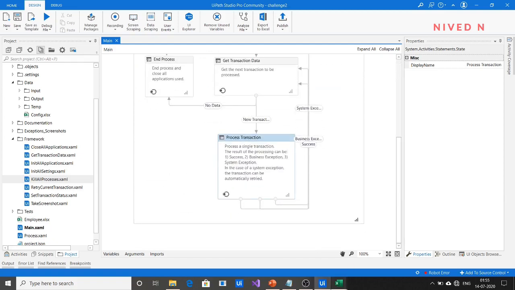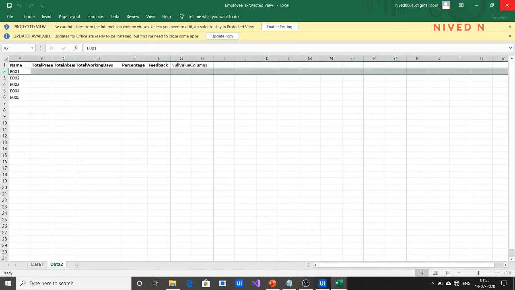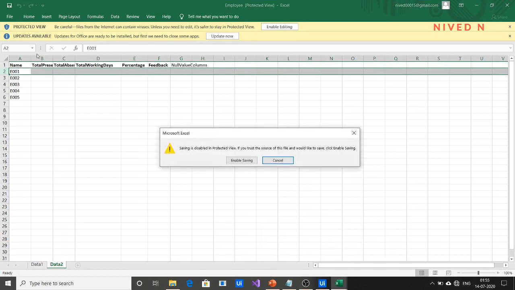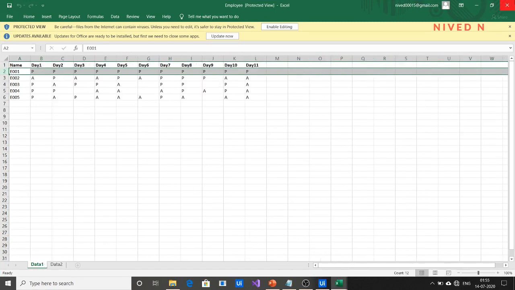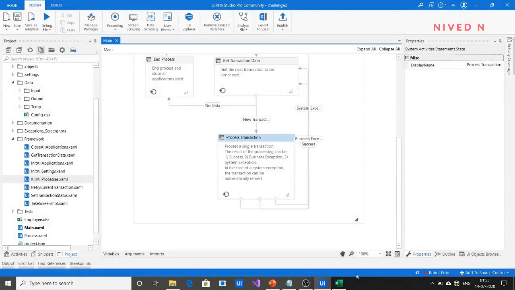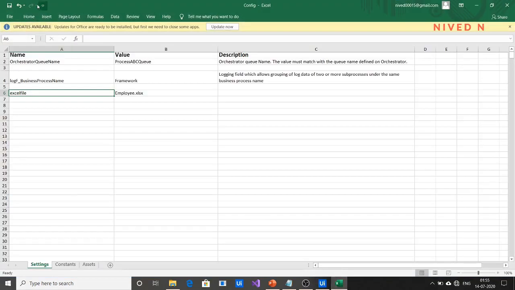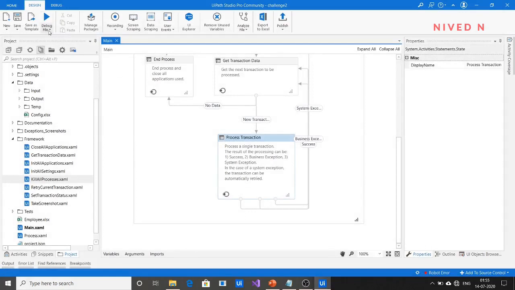So let's start our workflow. Before that, just close everything so that it works in a fine manner. Close the config file also and check. Yeah, it's also correct. Okay, so let's start our workflow. Hope it works successfully.